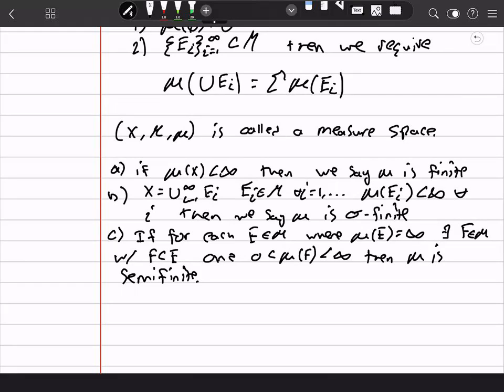So it's kind of like each set with infinite measure. If mu is semi-finite, then each set of infinite measure has a subset that is of finite measure. So this is kind of just another way to break apart our sets. Now,